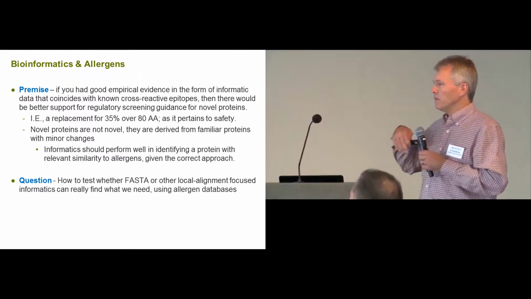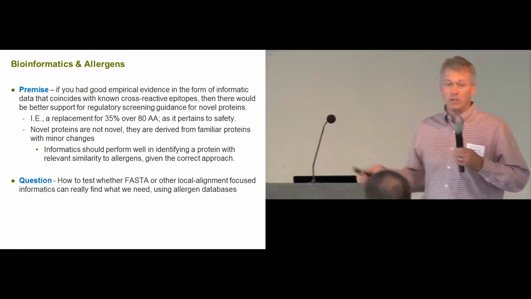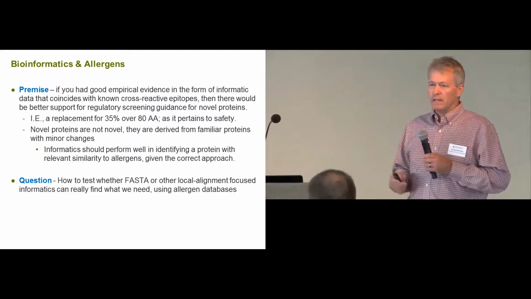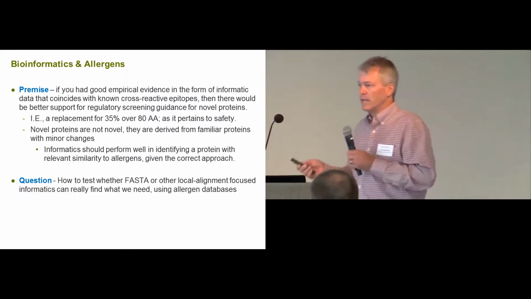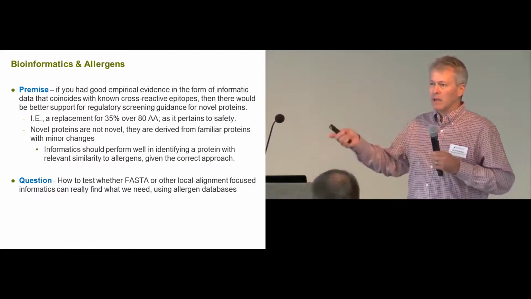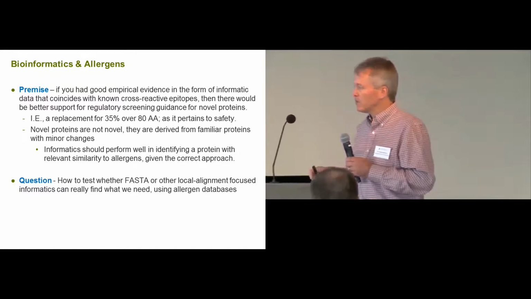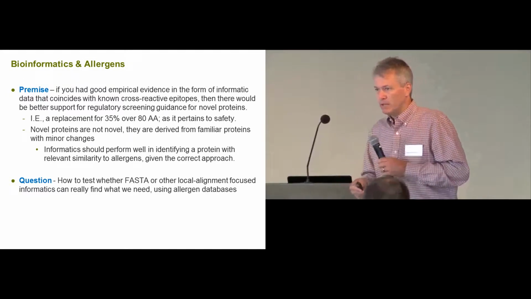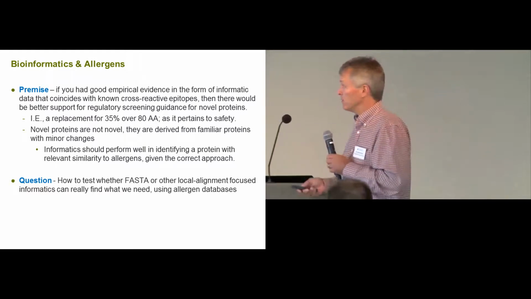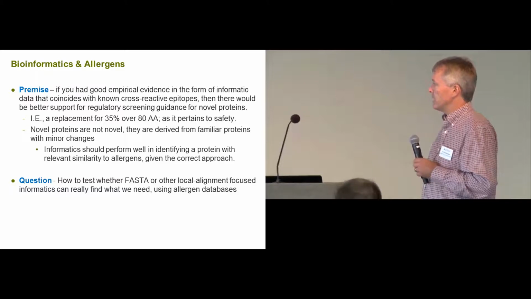Different groups have published on using BLAST and FASTA, and the way we do this for regulatory guidance. It's pretty well understood that 35/80 is so arbitrary that you can actually observe it for random sequence. And that's a problem, because you want to be conservative, but you have to be accurate enough for it to be useful. So my question for what I'm going to show you is how would I test whether